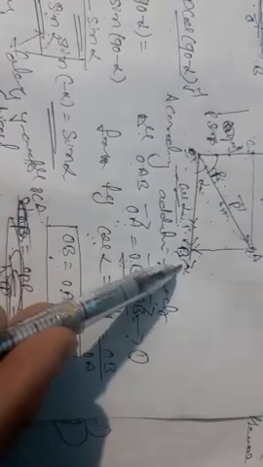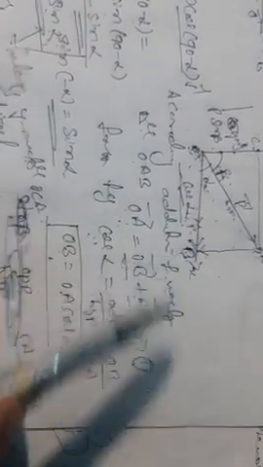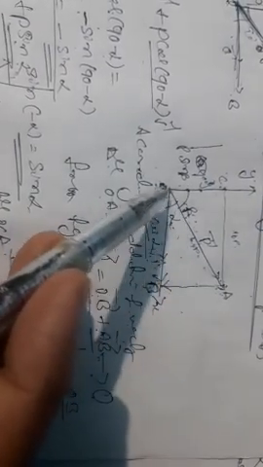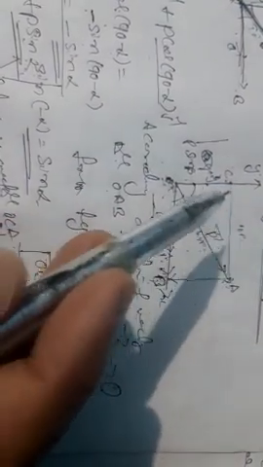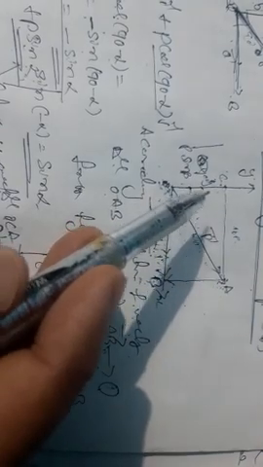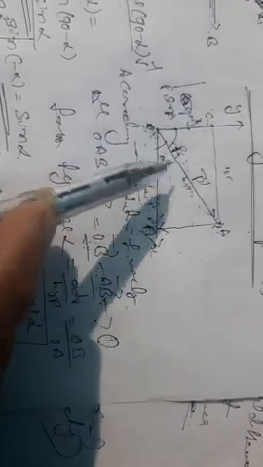The P cos alpha is along the x direction, and the unit vector is i cap. The P cos beta, where the angle is beta, is along the y axis, and the unit vector is j cap. Find the value of cos beta. How to find cos beta? The diagram shows the sum of the angles alpha plus beta is equal to 90 degrees. So beta is equal to 90 minus alpha.